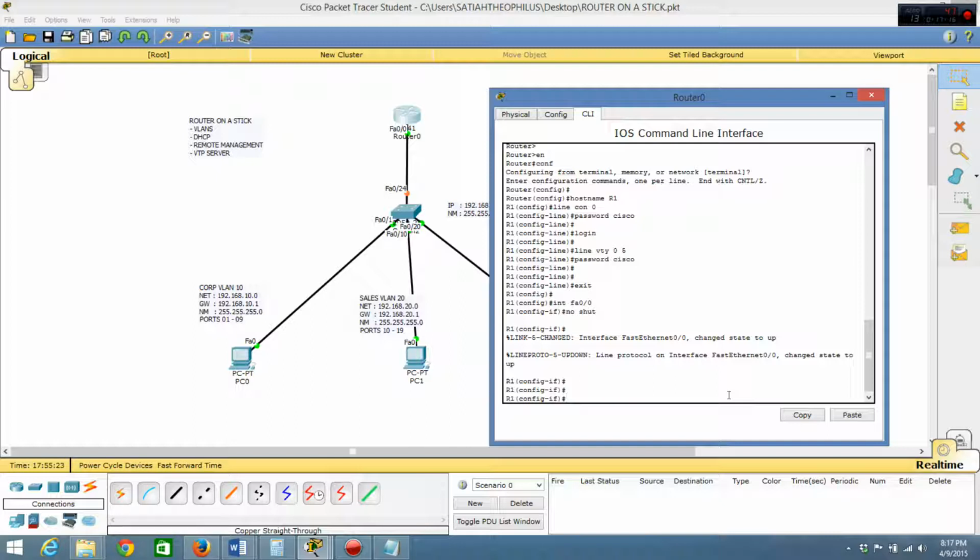What this is going to do is going to allow inter-VLAN routing. But first, we're going to enable DHCP. We will let it be configured on the router, but let's first go ahead and assign the sub interfaces on the Fa0/0 interface. So we go to